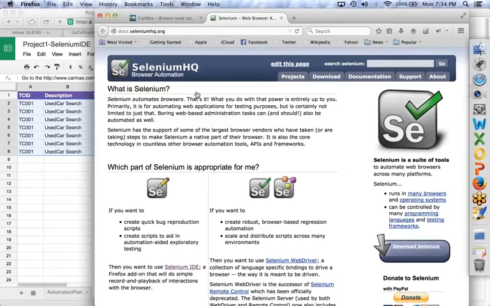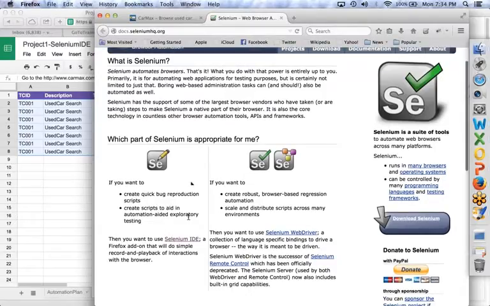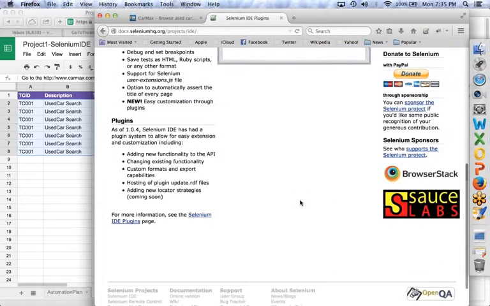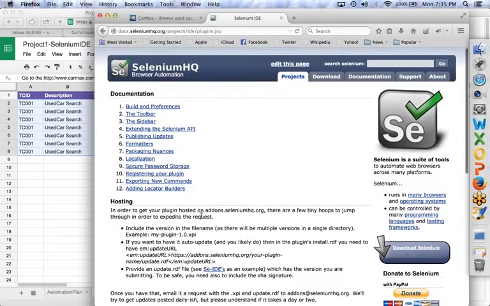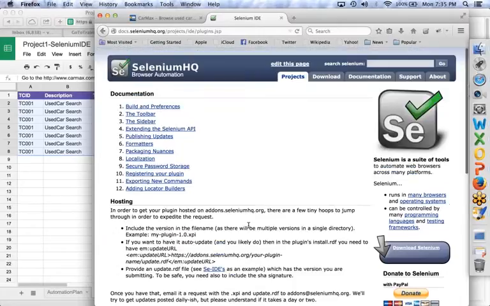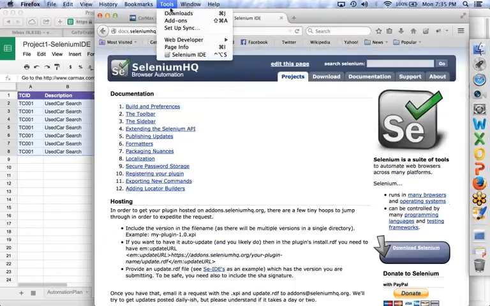And what we have to do is open Firefox, and this IDE comes as an add-on to it. Okay, you don't need to install anything, team. You just need to go to Firefox and you will be able to add it on to your Firefox browser very simply by click. So click on Selenium IDE once you go to seleniumhq.org, and it will let you install it onto your Firefox plugin. Okay, so you can go to Selenium IDE plugins page and be able to install it directly onto your Firefox browser. Once you've done that, you will see that it is there under the tools option and out here